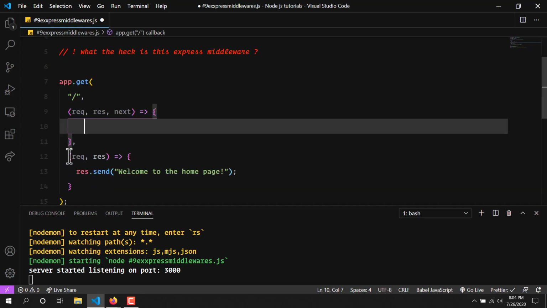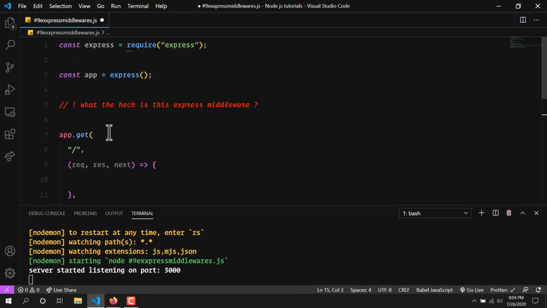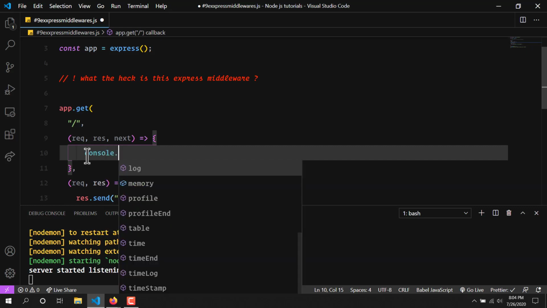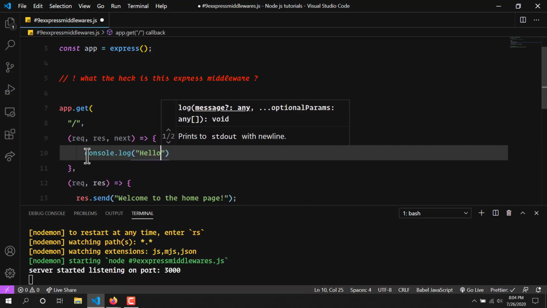Normally by default it takes request and response, but if you want to use middleware, it takes request, response and next. So what I will do here is just console.log hello, and let me show you.